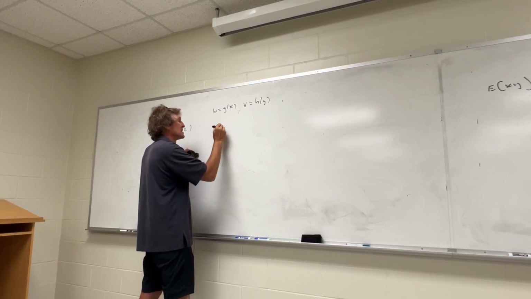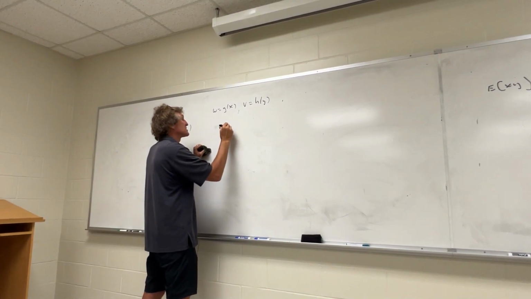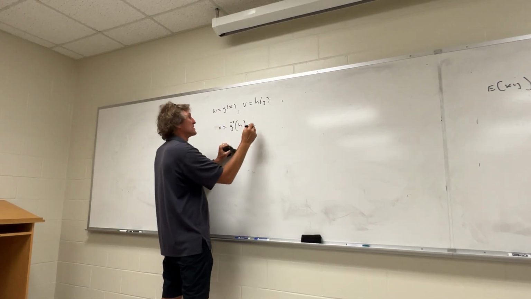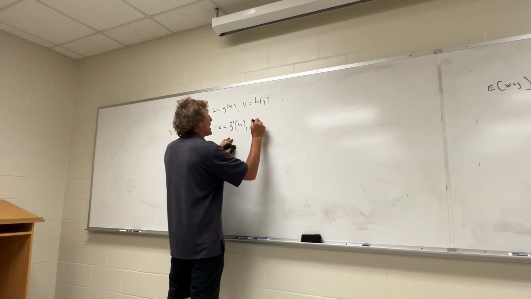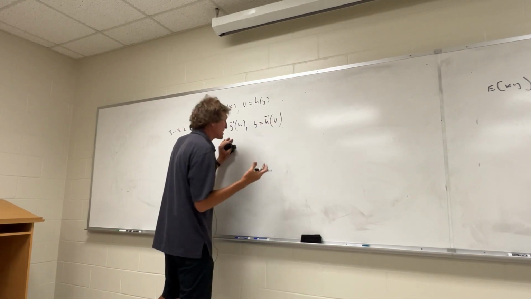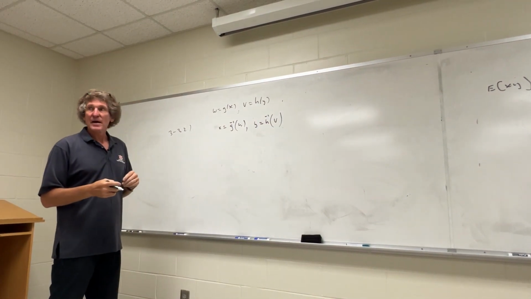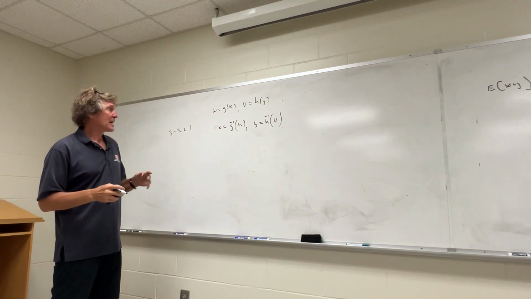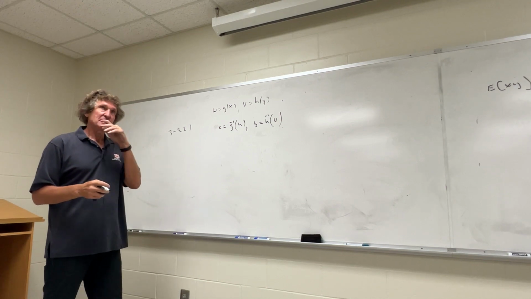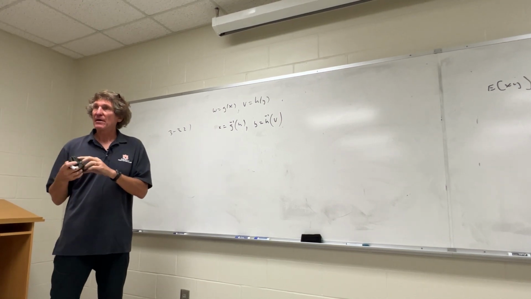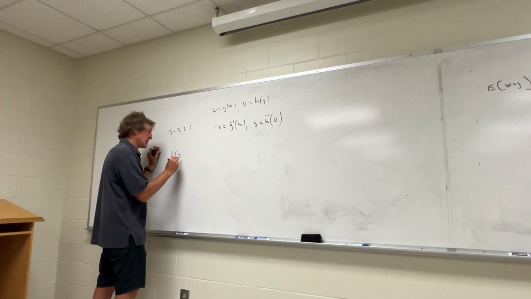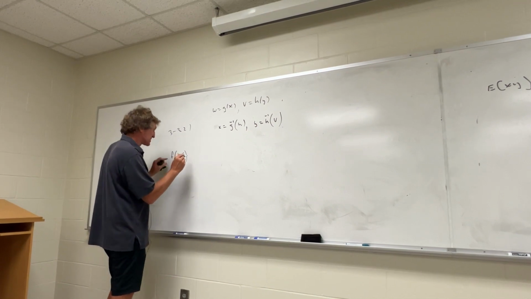x is really g minus 1 of w. It's just the inverse function. And you can say that y is equal to h minus 1 of v. In other words, that's x and y. Now, do you remember, I think this is in chapter 2 of the book, when we talked about f of y given x times